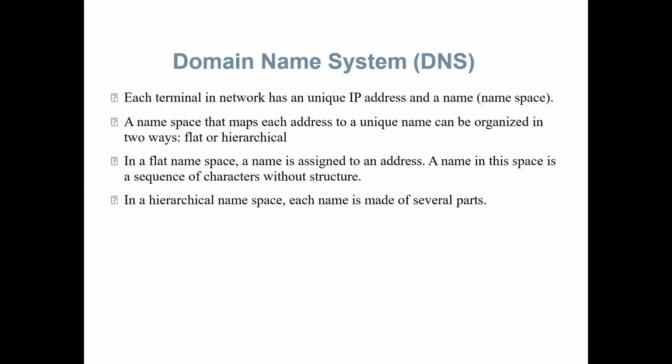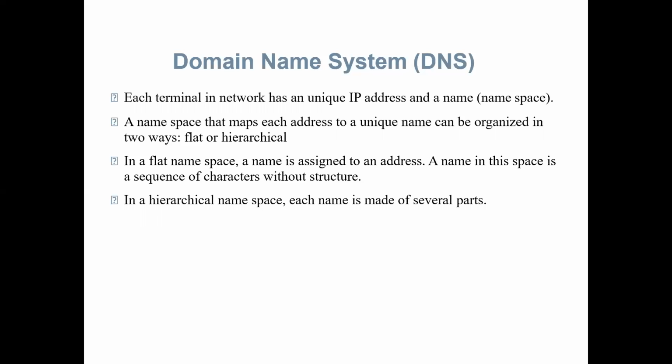First, we have to discuss the most important part in our application layer. This is the domain name system. There are several applications in the application layer of the internet model that follow the client server model. The client server program can be divided into two categories: those that can be directly used by the user, such as email, and those that support other application programs. The domain name system is a supporting program that is used by other programs such as email. For example, a DNS client or server program can support an email program to find the IP address of an email recipient.